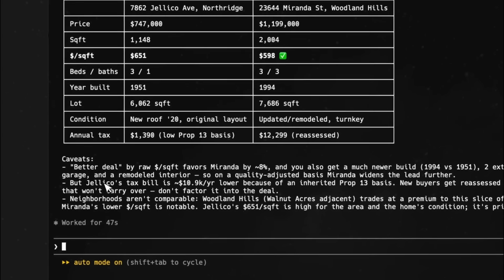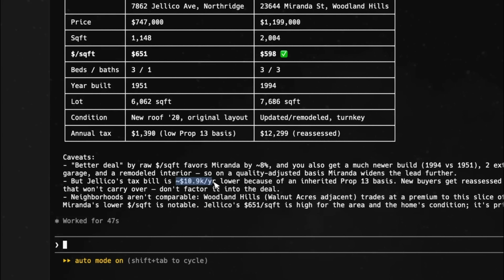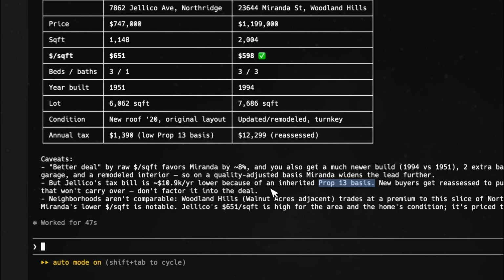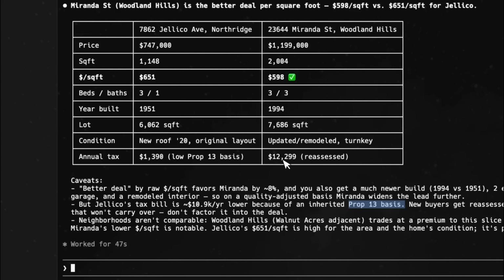But not only that, then it looks at the other location and it says that the overall tax bill is going to be almost 11,000 lower because of an inherited Prop 13 basis, right? So the agent is able to reason through what it's seeing. And this is where these MCP tools enable the agent to get the most relevant data for the type of application you are working on. Now, coming back to the original premise, I think both CLI and MCP have their places,